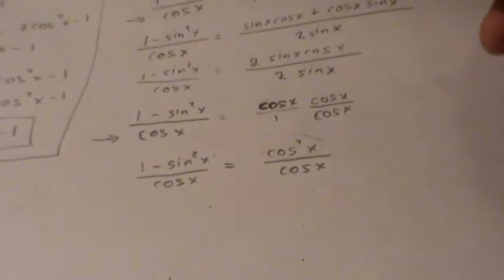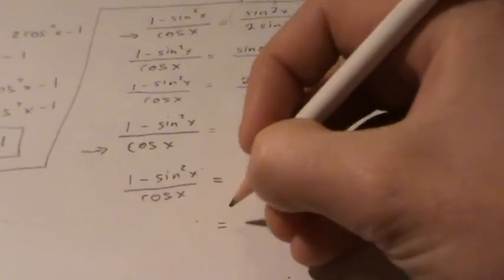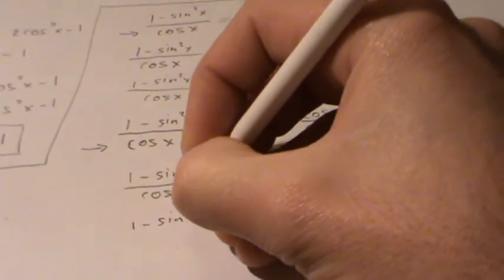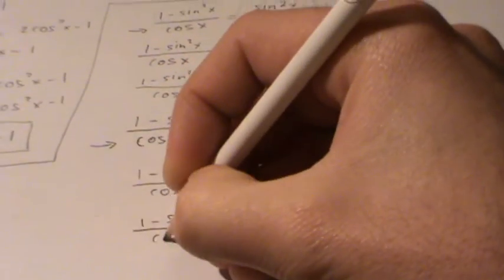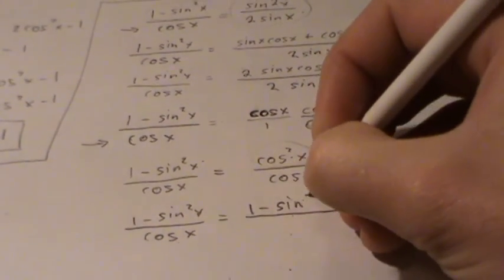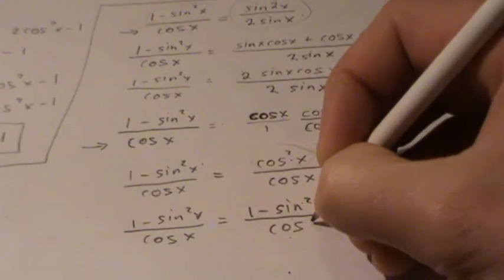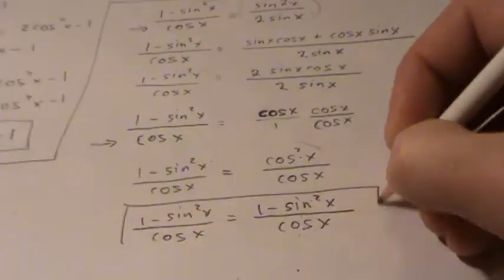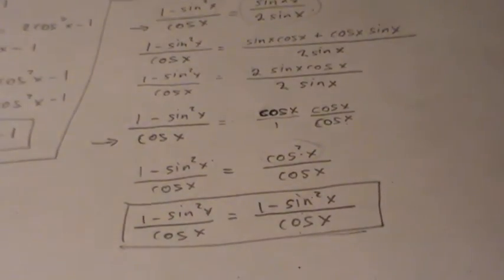And so I'll change this to 1 minus sine squared x over cosine x and 1 minus sine squared x over cosine x. Alright,